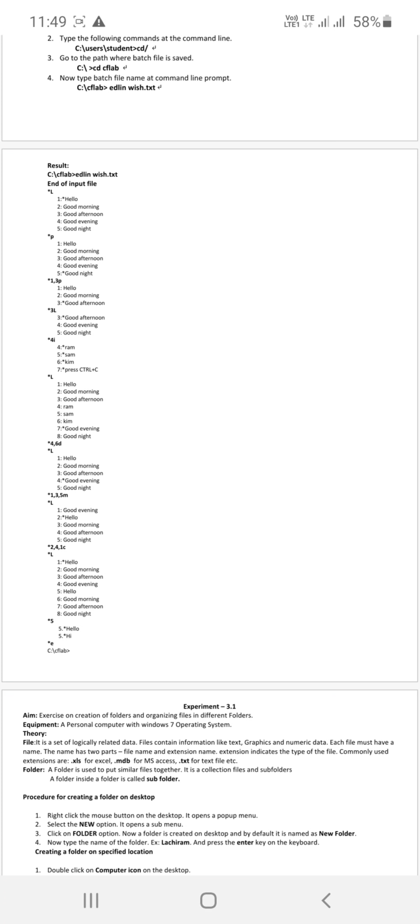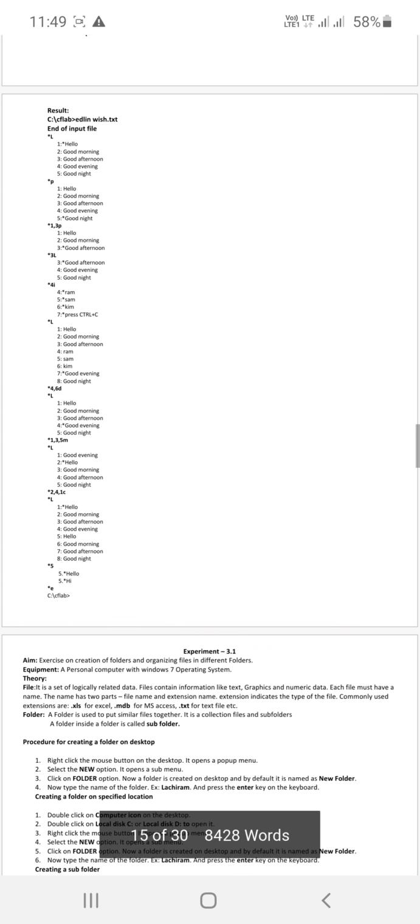Here the first line is good evening, second one is hello, third one is good morning, fourth one is good afternoon, fifth one is good night. So we have moved 1,3,5. Here 1 will be moved to 3.